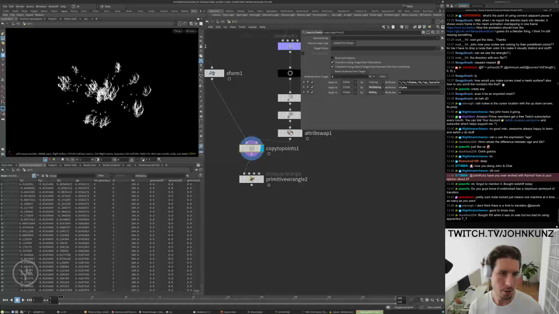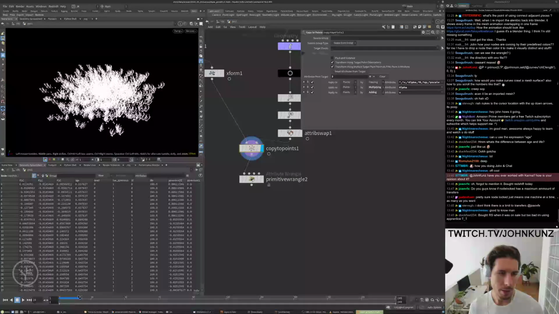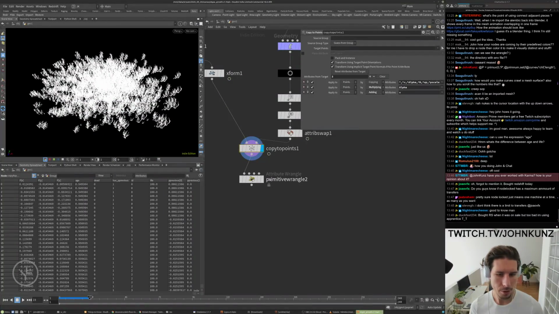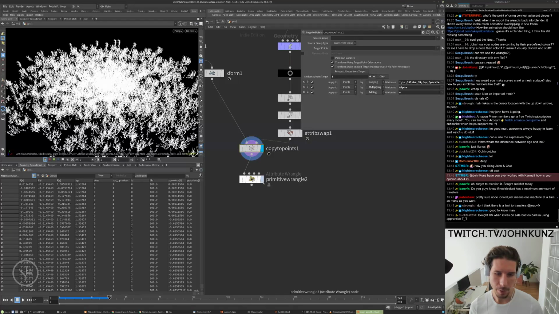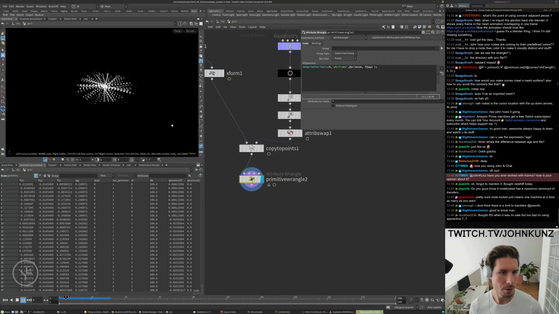Now it looks like my stuff is growing upwards. This current age isn't applied yet, but then once I apply this,